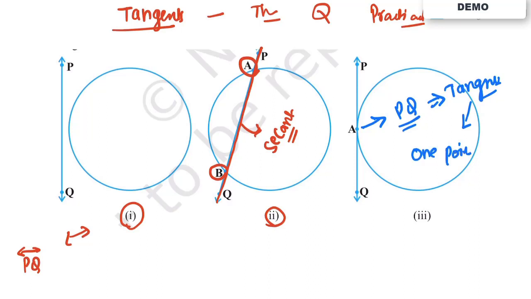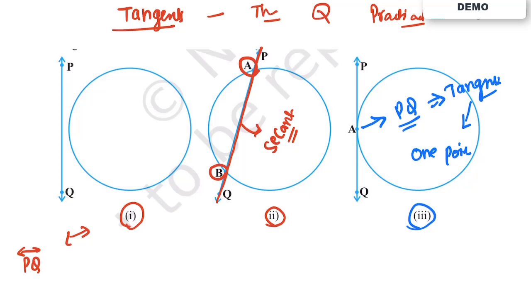If you have any doubts in this topic, you should rewind the video and see it again. That was all about the tangent, how you visualize the tangent. In mathematics, the questions or chapters related to geometry, you have to visualize in your mind, otherwise you might get confused sometimes.